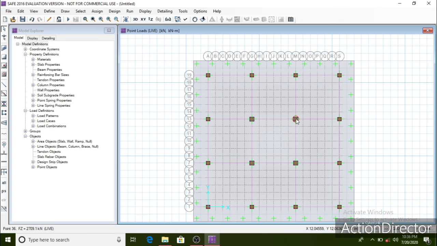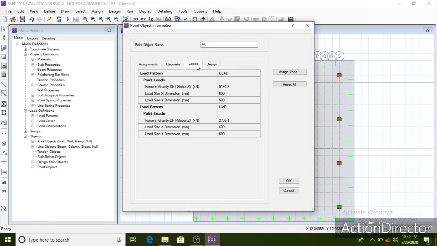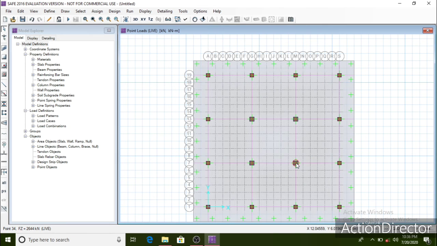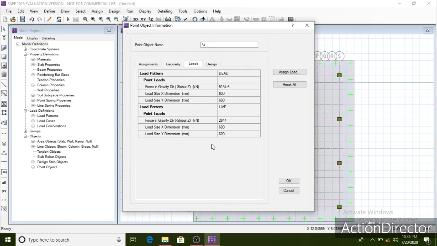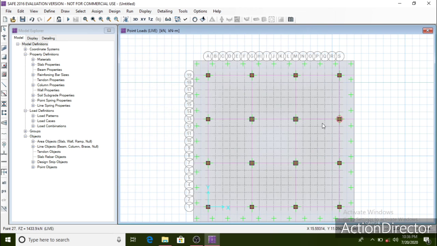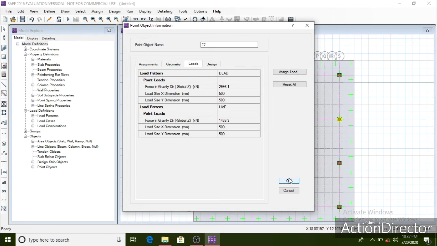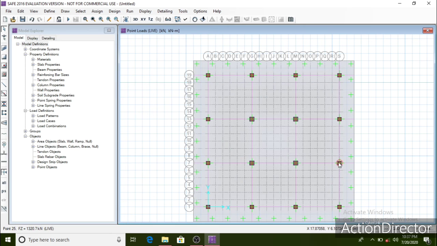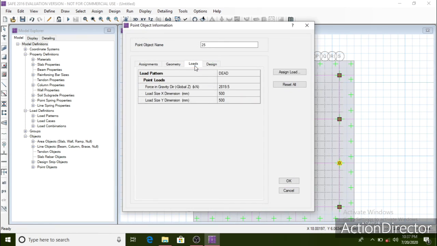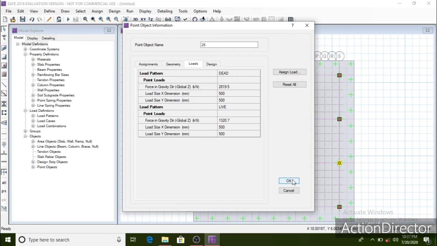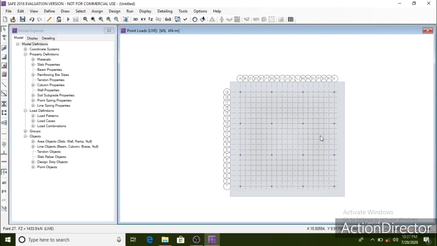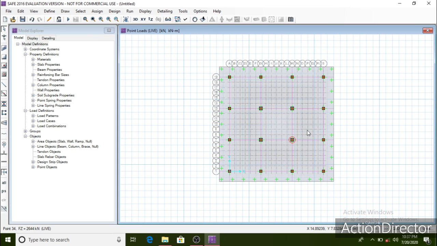Let me just randomly check some other columns. So hope I have assigned the correct values to all the columns. Okay, we are done with assigning the loads for all the columns.